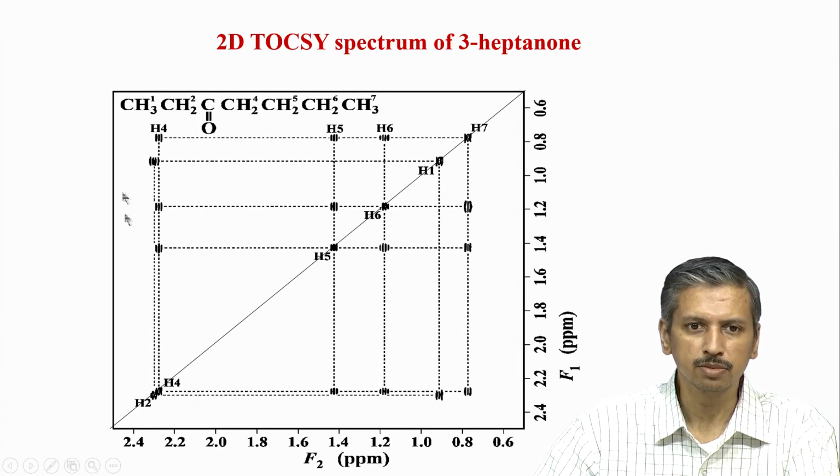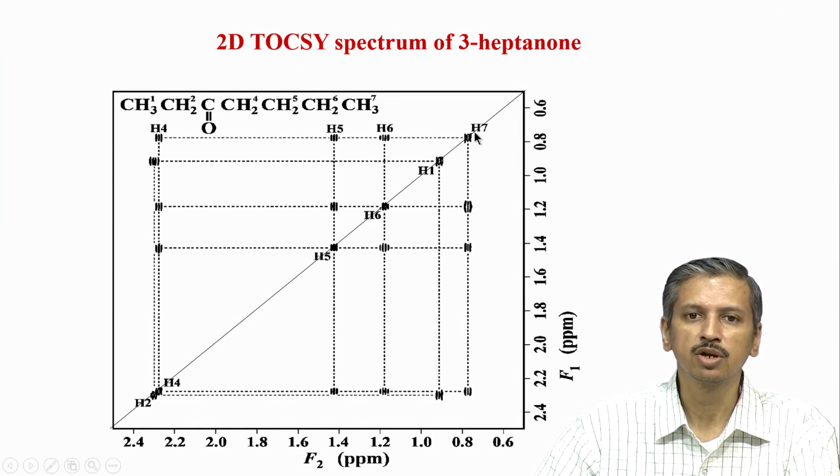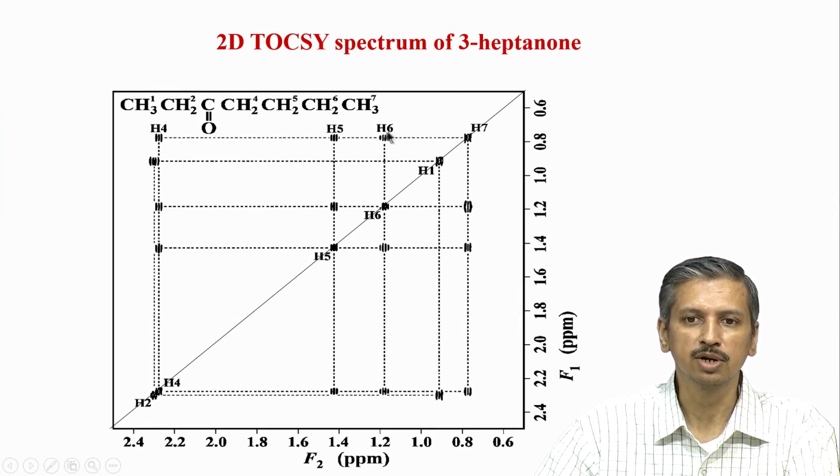So, you can see here, let us say you start from 7. This is a diagonal peak, which as I said is nothing but a 1D spectrum of the molecule. From 7, I can either go horizontal or vertical, whichever way we want. Let us go horizontal because it is labeled here. If I start from H7, I am seeing a correlation to H6, and this is a cross peak. Now, you can see there are some small multiple lines, and that is because of the J coupling multiplet, which as I said we will ignore, but in a 2D NMR they will show up because of the high resolution.